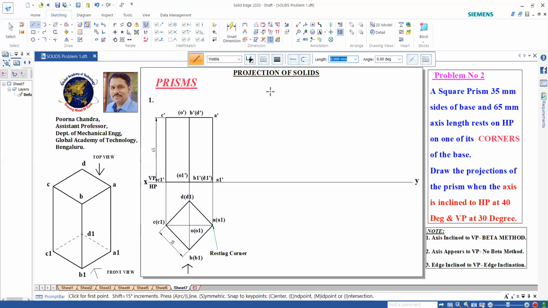Select visible line. We can start drawing from this location, somewhere here. The length is 65 mm and the angle is 40 degrees. Enter.